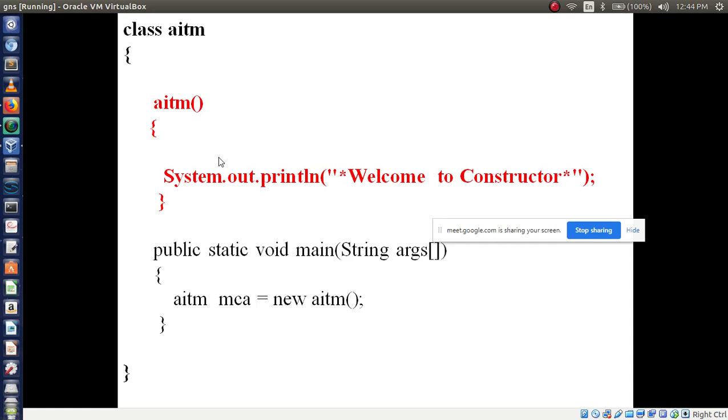Understood the question that I told? Write down the code. Soumya, understood the question that I told? Okay, please write down the code fast.